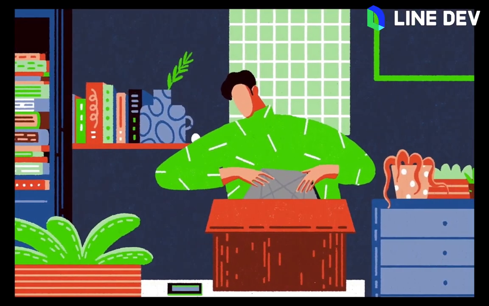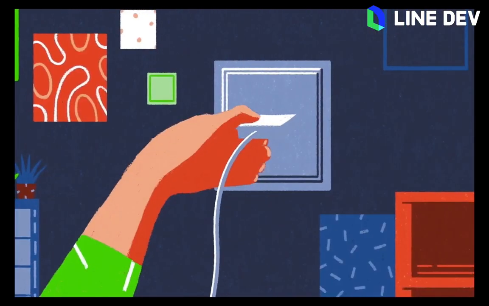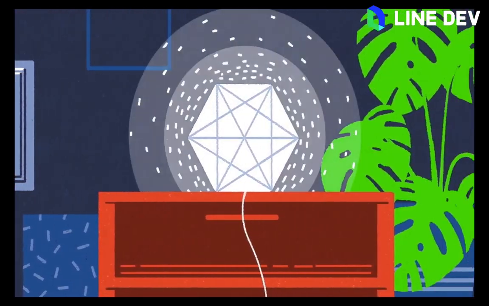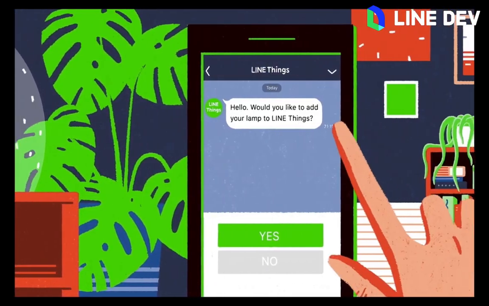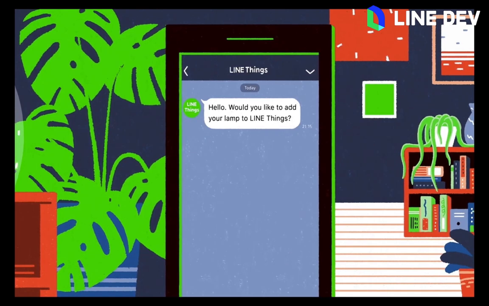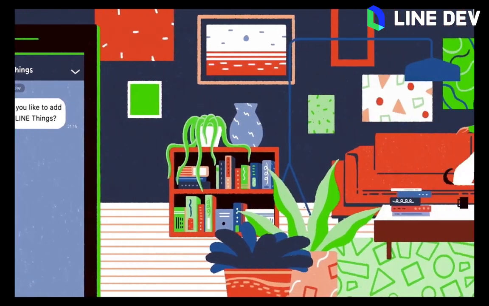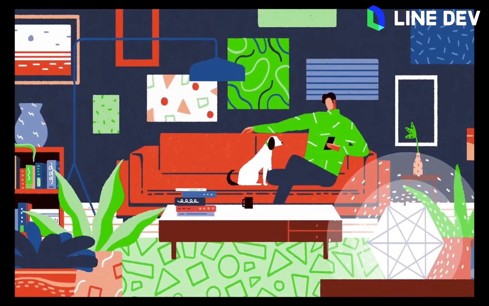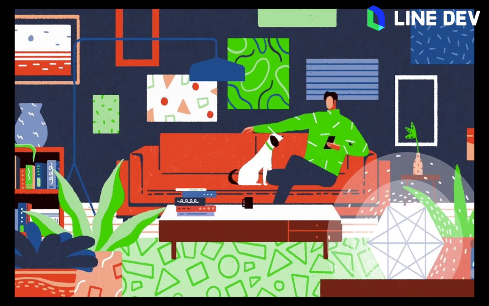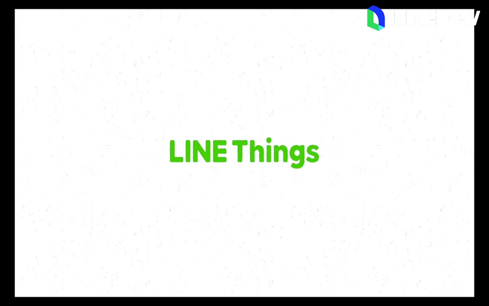Bought something new? Just plug it in. And it's set up and added to your Line Things system. Now you can keep everything together and make controlling the things in your life as easy as chatting to friends. Line Things.